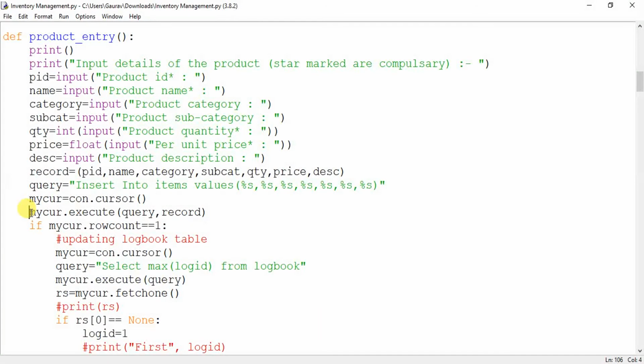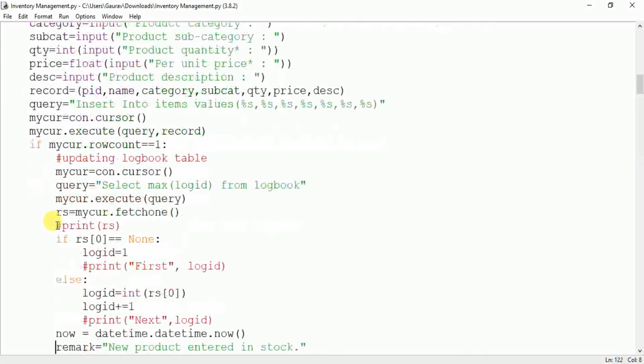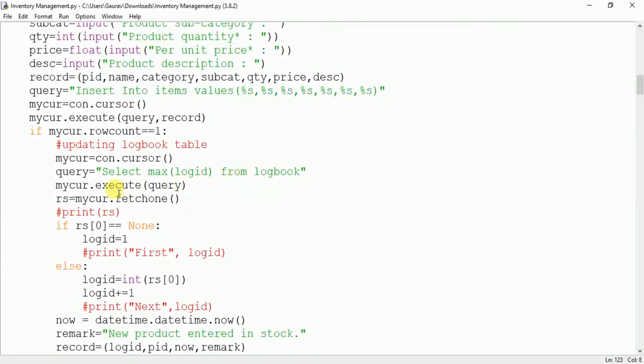Then you execute it. So whenever you insert a new product, the items table will be updated, and concurrently the logbook table will also be updated. And how will we generate the log ID? We will check the logbook table and select the maximum log ID in that logbook.